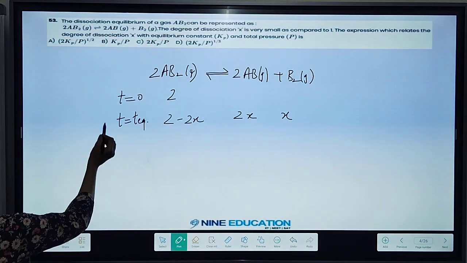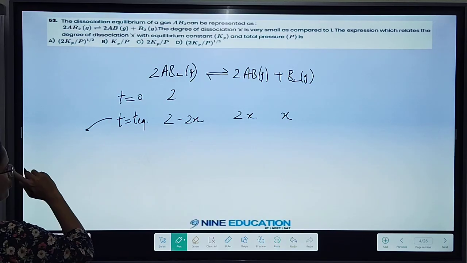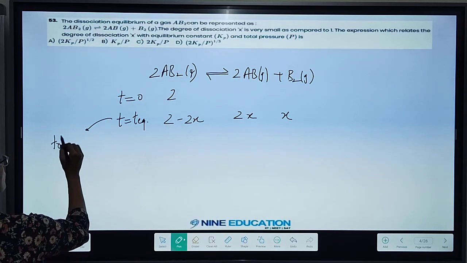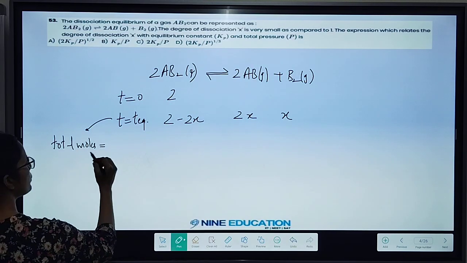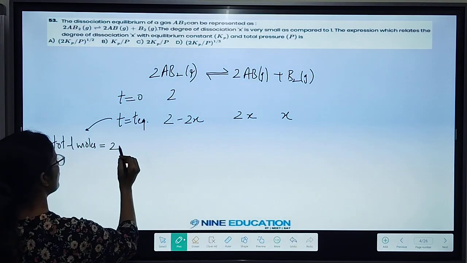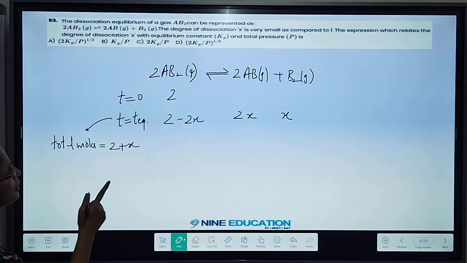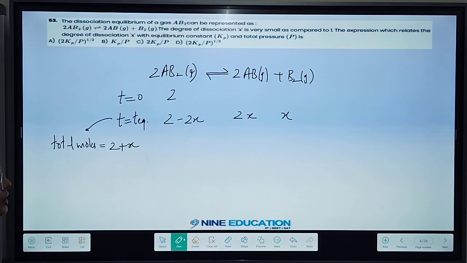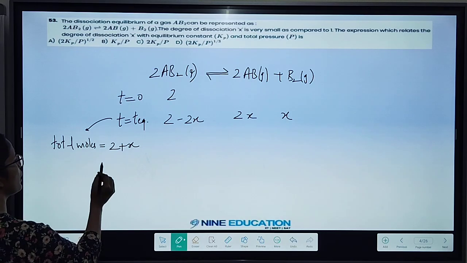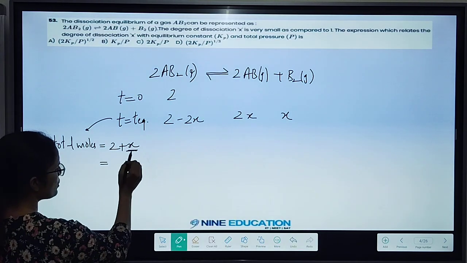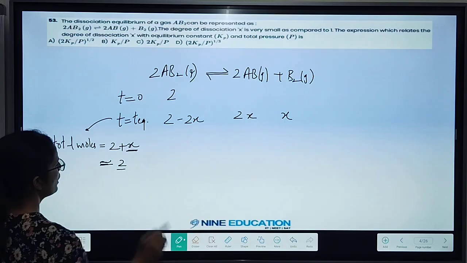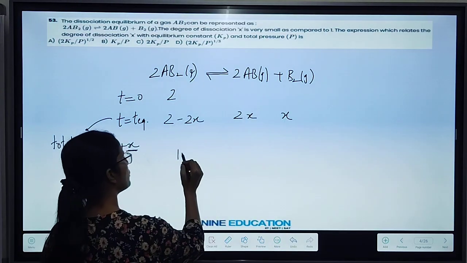2x and x only. And next if we talk about total number of moles at equilibrium, it will be what? Total moles at equilibrium, it will be simply 2 minus 2x plus 3x, it will be 2 plus x. Now although they have given you like one simplification thing, which is degree of dissociation x is very small as compared to 1. So if you want to apply this over here, it will be quite simplified. Or if in the end also you can put x value in the Kp expression, like x you can neglect with respect to 1. So here if x value is very less, so I can say that 2 plus x will be written as what? 2 only.